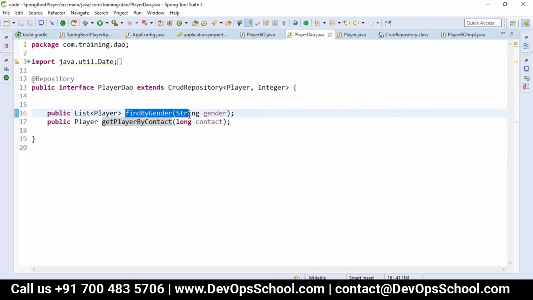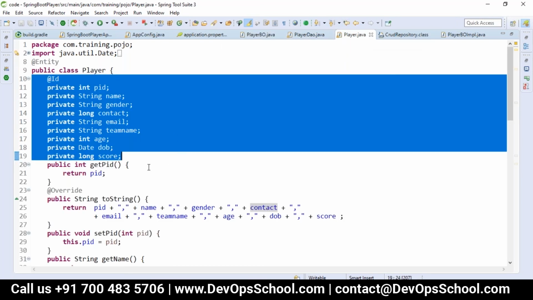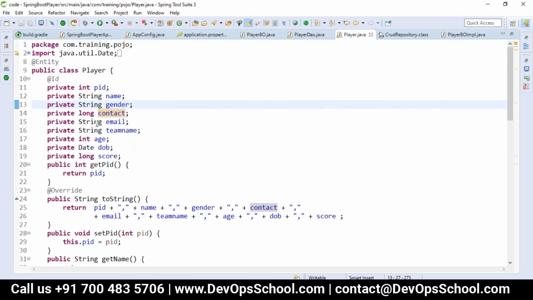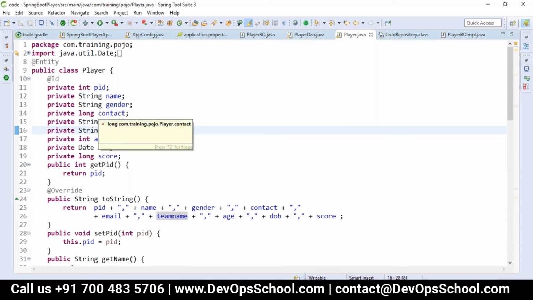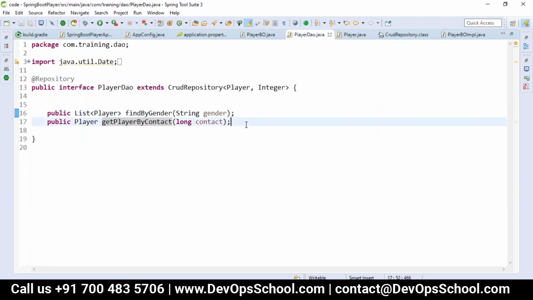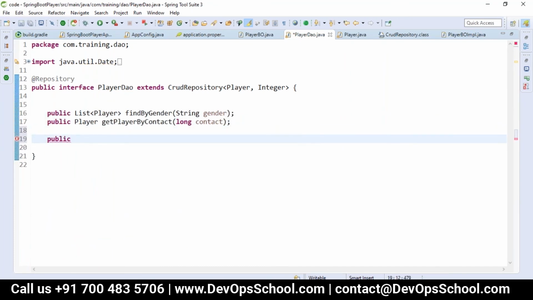Suppose I want to get the player based on two conditions. I want the contact and email both to match, or gender and email, or the team name and the contact. Any two conditions I want to combine. So how do we write the method? We can write it here, public